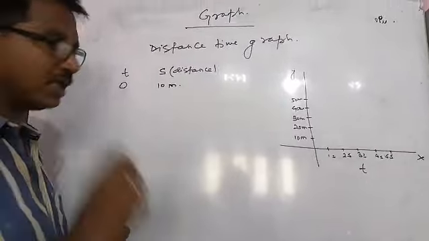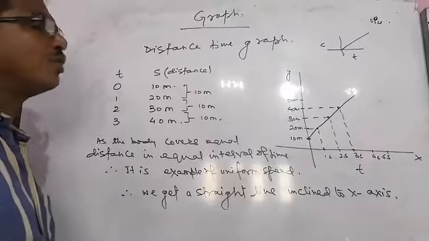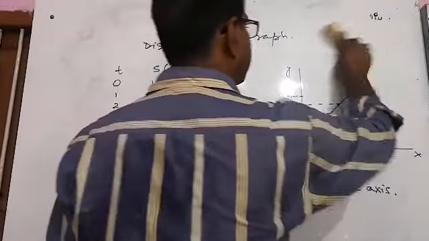We get a straight line, but that straight line could be parallel to the time axis as well, and this is inclined to the time axis. The straight line inclined to x-axis, right? So rather, if I draw this time and distance, and if I draw this graph, what is your opinion about the motion of that body? Looking at the graph, very easily you can say that this is a graph of a body moving at uniform speed. Fine.